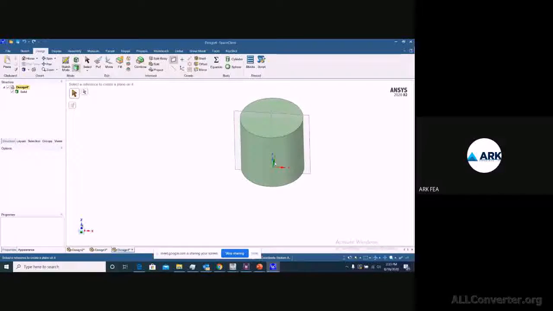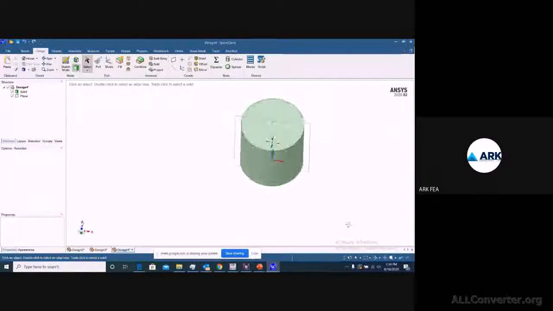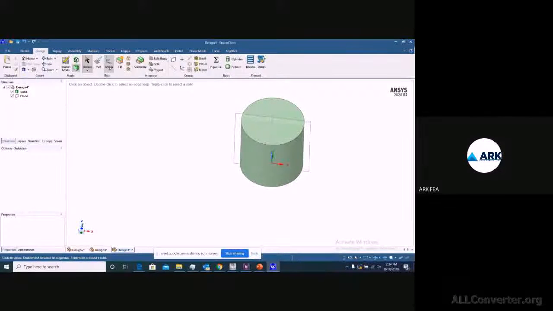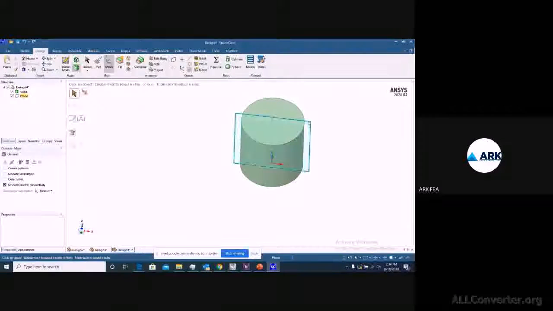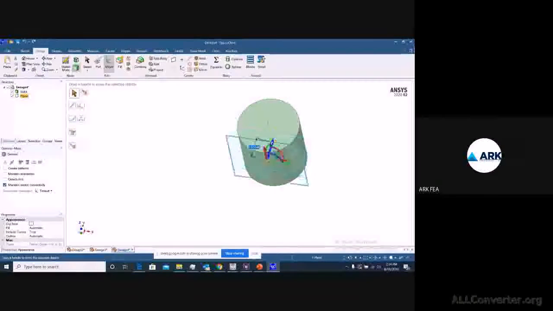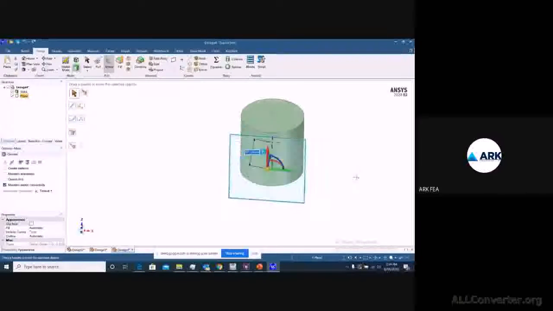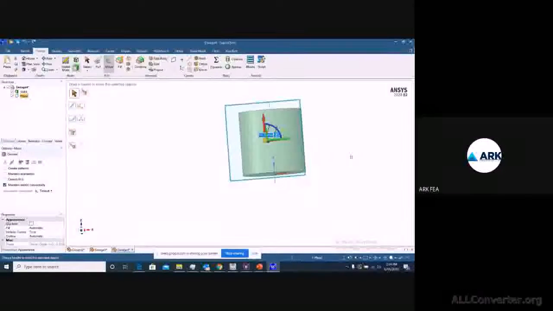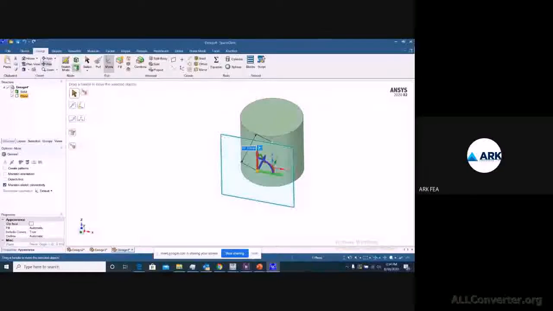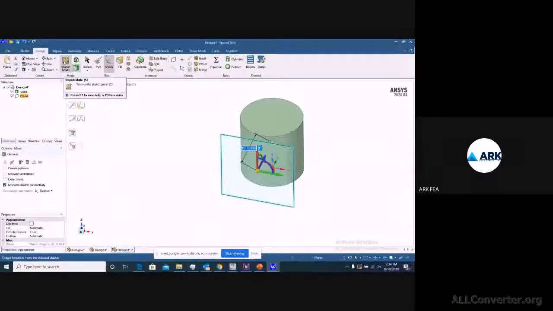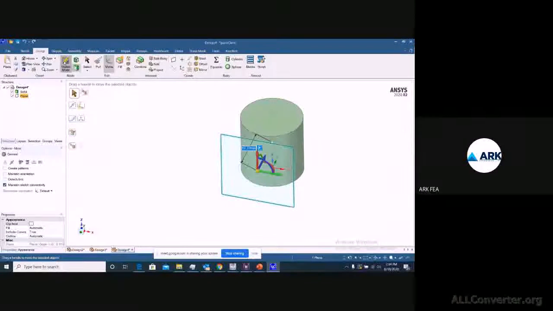So I have selected the y-axis and taken a plane here. Then I can move it to the exterior of the cylinder, so that whatever I sketch on this plane should get projected on this surface, right? So this is my plane selection, and get back to sketch mode.